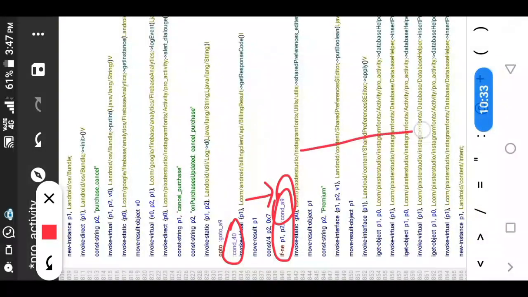Next, when you go to cond_40, here we can see cond_40. After moving from here to here, again there is one more condition: if not equal to p1 p2 then go to cond_9a. So we can see what is there in cond_9a and what is there here.